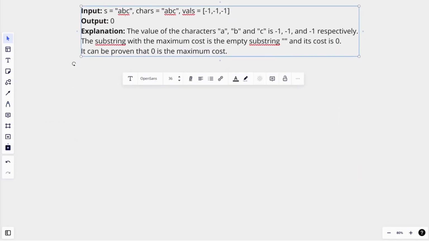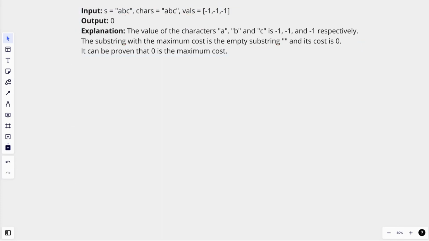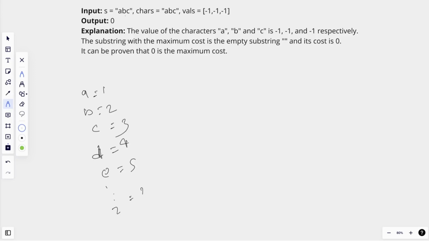Here my chars array is ABC. So first of all, I will assign each character: A is equal to 1, B is equal to 2, C is equal to 3, D is equal to 4, E is equal to 5, and so on. Z is equal to 26. Then I will iterate over this chars string and assign A is equal to minus 1, whatever is given in the vals array.